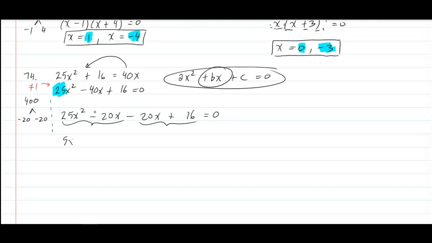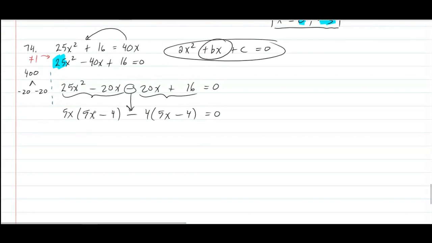Then you factorize in groups. So you have 5x in common in the first group, and you're left over with 5x minus 4. And then you copy down that subtraction sign, and you have 4 common in the next group, because 4 goes into 20 and into 16. It is the greatest common factor. And so you're left over with 5x minus 4 in that group. You may check my work, by the way. Okay? So now you have 5x minus 4 that's in common in the first two terms,